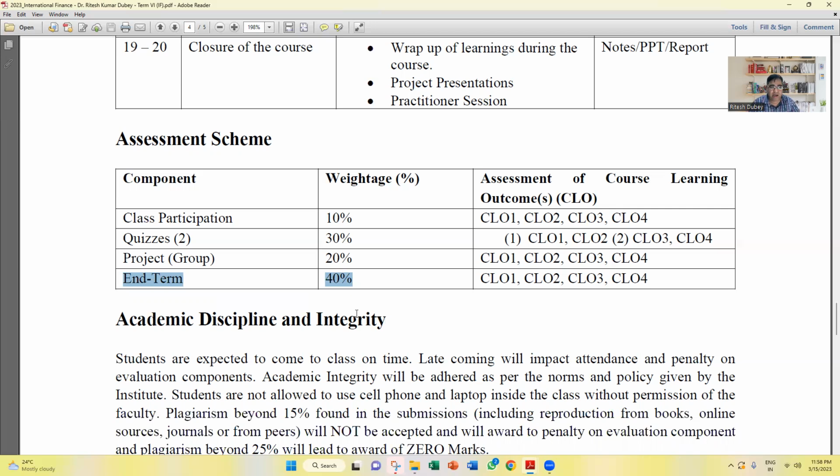I primarily believe in making the course more practice oriented, and my quizzes and end term papers are going to be more numericals. But there is definitely some element of theory, and again these are going to be application oriented. For example, a case analysis where you do some analysis, or some data is already presented to you, and then you infer based on the data presented and decide based on the given set of information. That is how it's going to be.